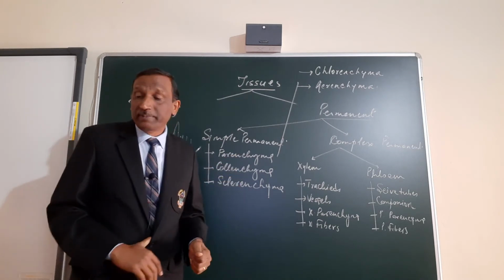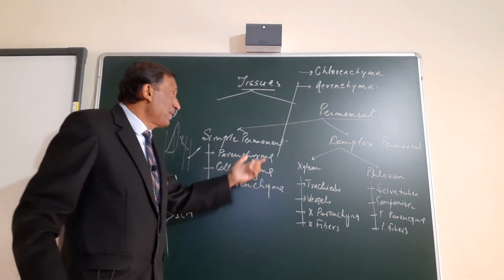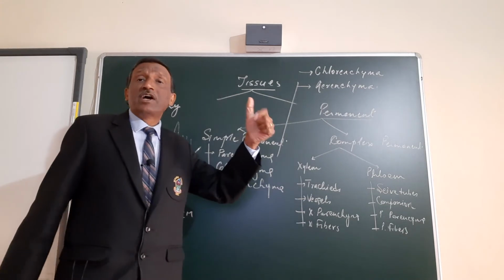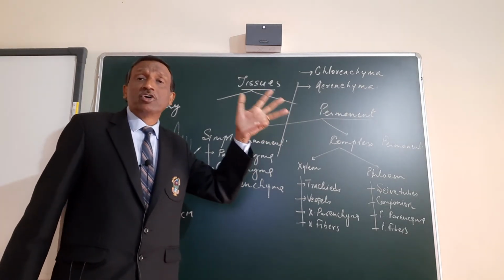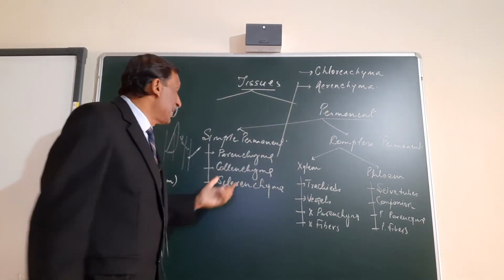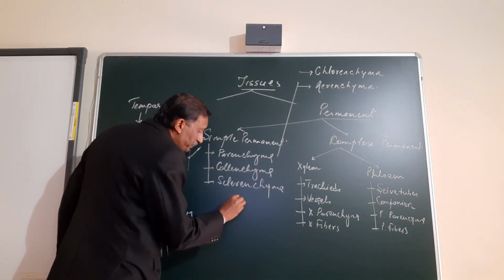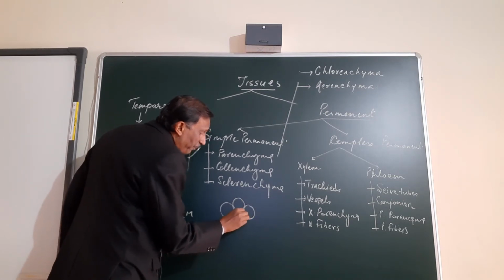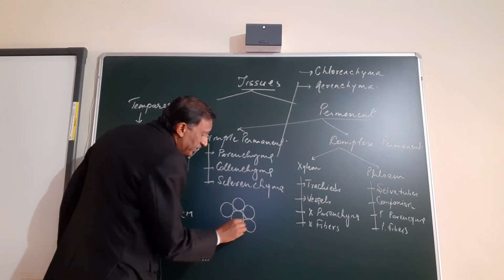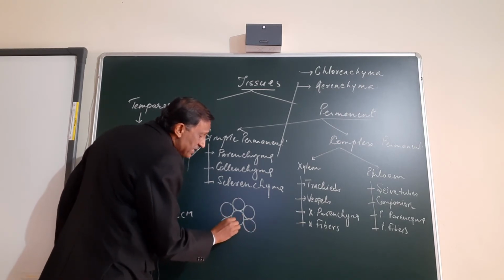Next is collenchyma. Now, I said the shape of the parenchyma cells can be round, spherical, oval, polygonal or whatever type, whereas the aerenchyma cells are generally spherical. Now this is spherical, and you see they have a specific arrangement. The cells are living, the nucleus is there, and they are active cells.